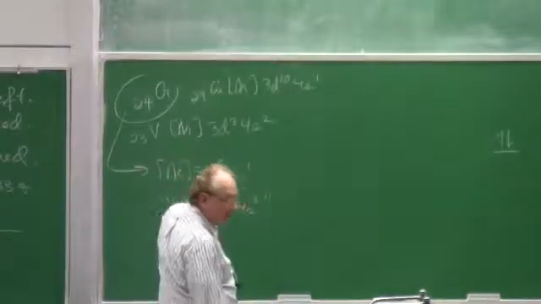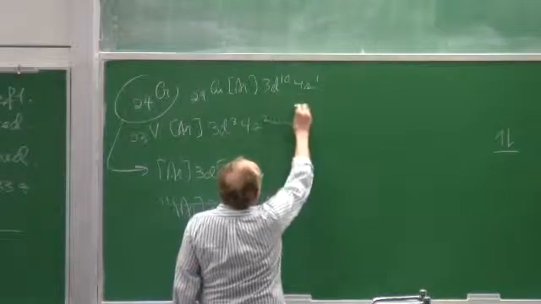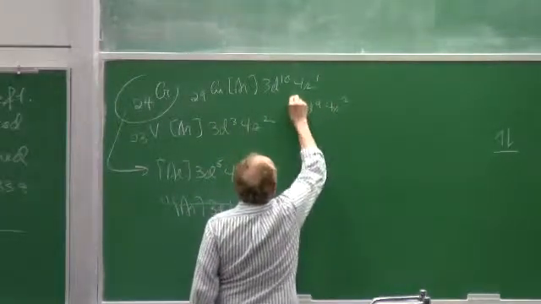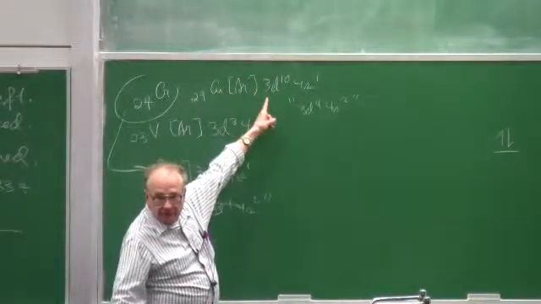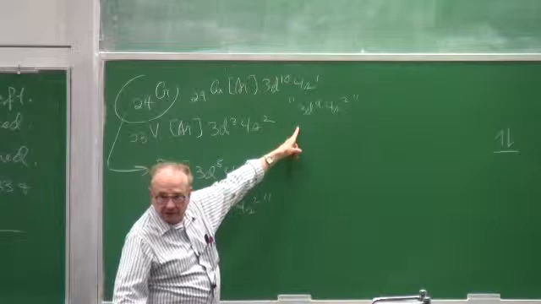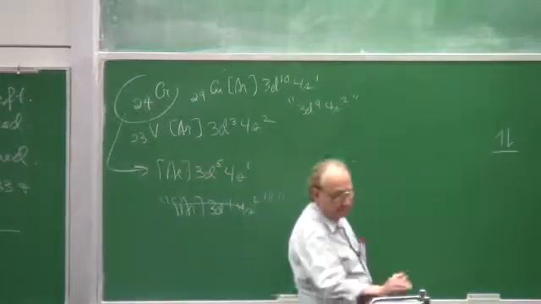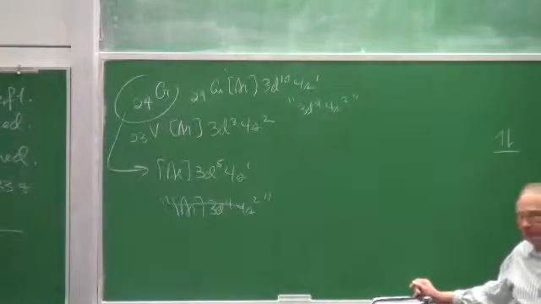Now comes a problem of sorts with copper, because 3d10 4s1 is correct as opposed to 3d9 4s2. What's the problem? How many half-filled orbitals? Problem? And now you would have to be introduced to